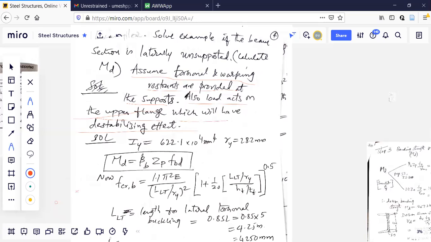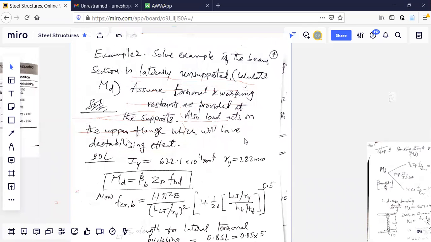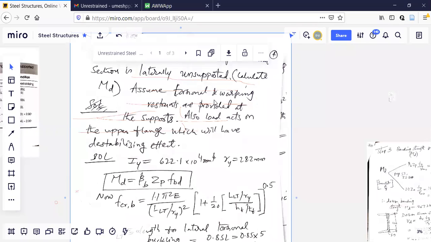When you read this sentence, it means you have to refer to that table, whatever I have shown just now, downloaded. I'll show you how to use that. So what I'm doing here is, a section is given to me and some boundary conditions are given. Whatever I underlined now with the red color, those are the boundary conditions they have mentioned. Consider those boundary conditions and find out MD, the design bending strength of laterally unsupported or unrestrained beam.